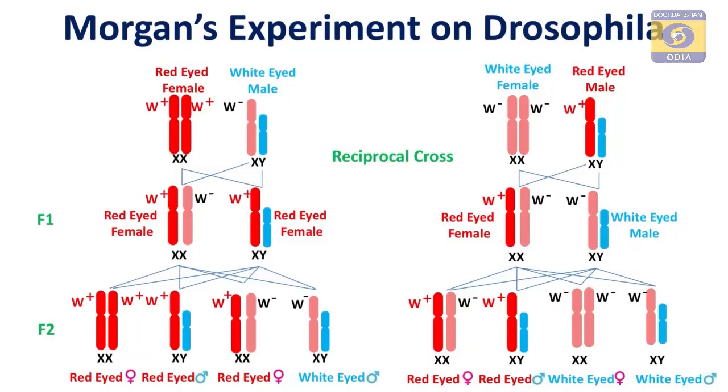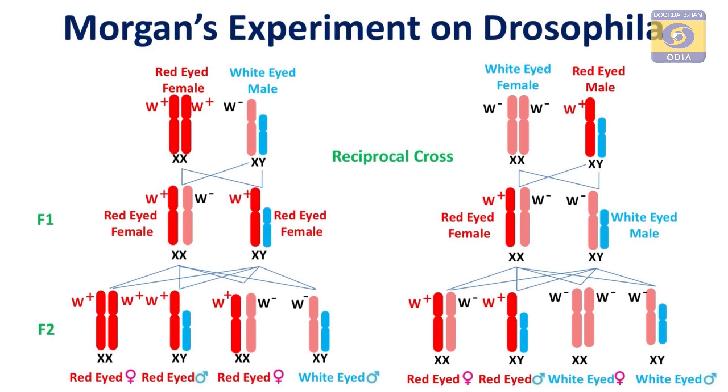In Morgan's experiment, he crossed a red-eyed female with a white-eyed male and found that all F1 offsprings were red-eyed. When these F1 offsprings were allowed free mating, in the F2 generation red and white-eyed individuals appeared in the ratio 3:1. You may say, what is new in this experiment? Because here is the normal Mendelian ratio 3:1. In case of